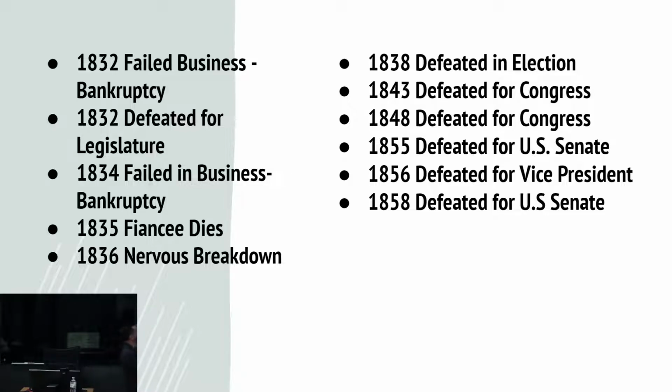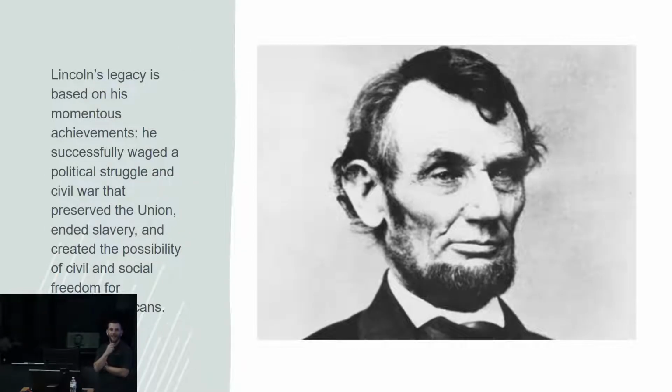In 1838, defeated in an election. In 1843, he was defeated for Congress. In 1848, he was defeated for Congress again. In 1855, he was defeated for the U.S. Senate. In 1856, he was defeated for Vice President. And in 1858, he was defeated for the U.S. Senate. What a loser! Let me ask you, when you think of Lincoln, do you think of